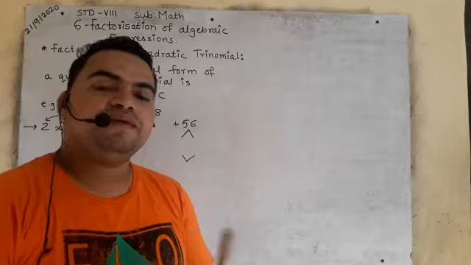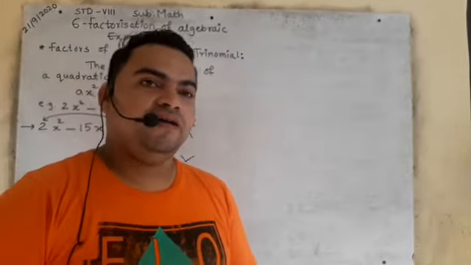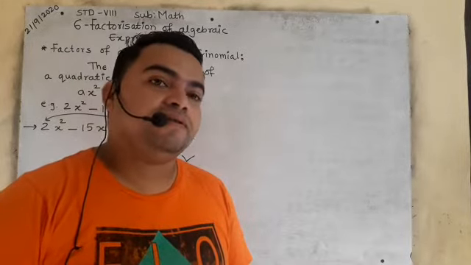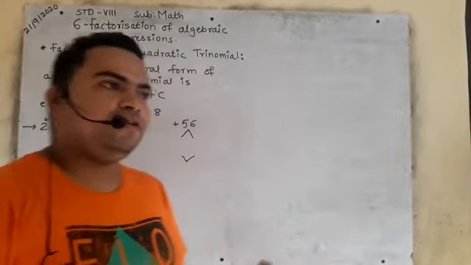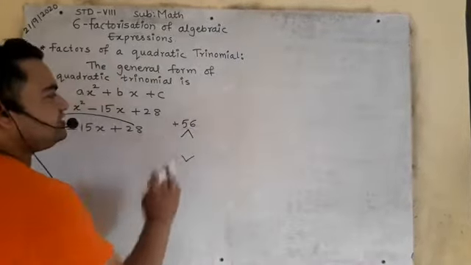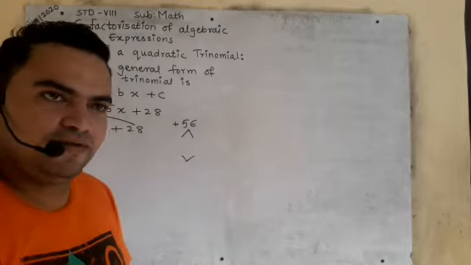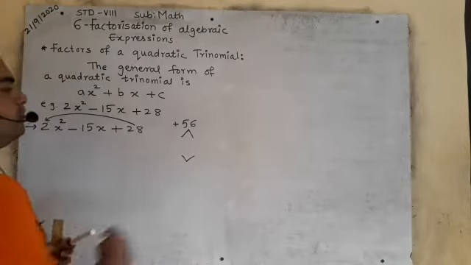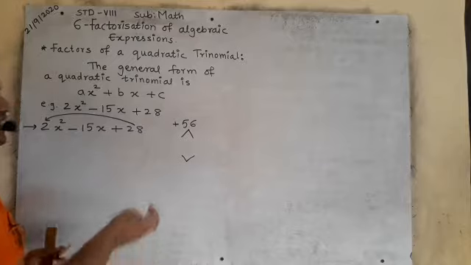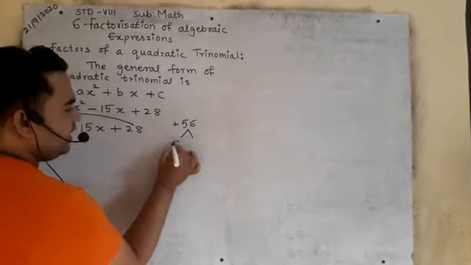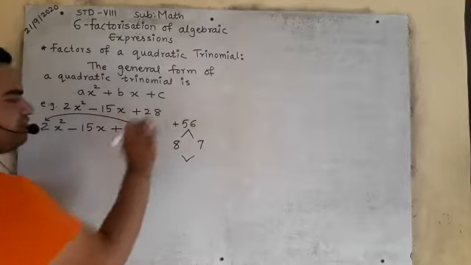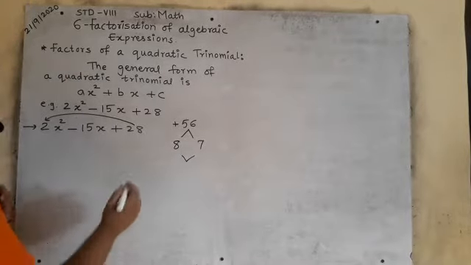Factors of 56 means, in 6th, 7th standard you have done this. 56 comes in which tables? You have to learn the tables, read the tables, and see 56 is a factor of which table, which numbers. So do you know? Read the tables. 8 sevens are 56. Yes. See, I will write 8 sevens are 56.